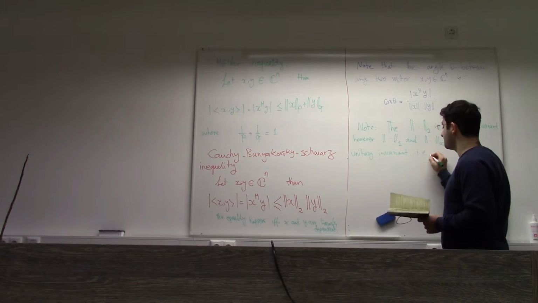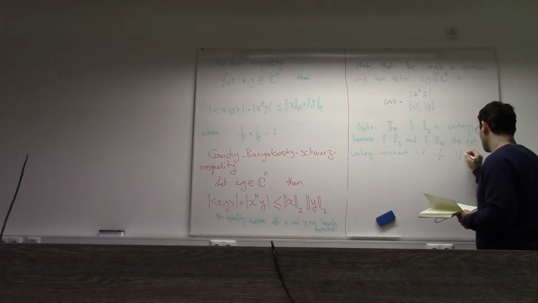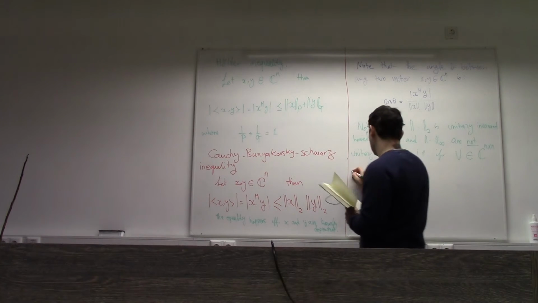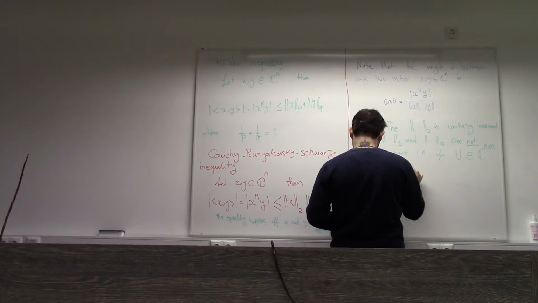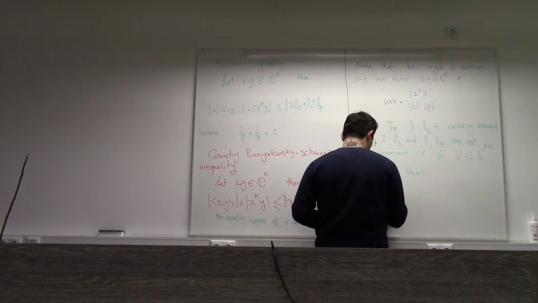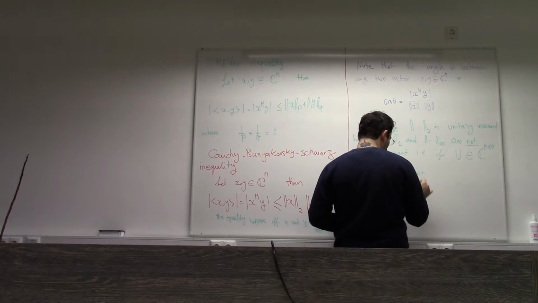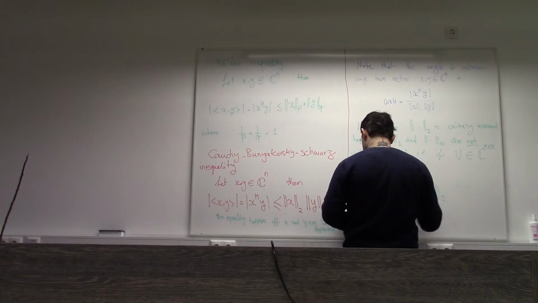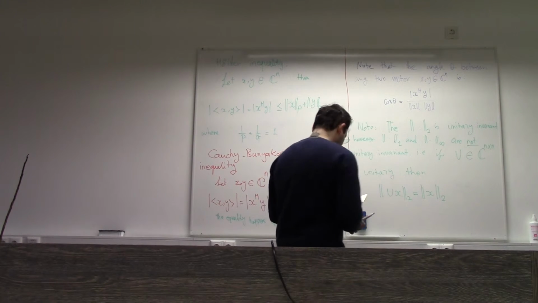In other words, if U belongs to C n by n is unitary, then norm 2 of Ux is equal to norm of x, because